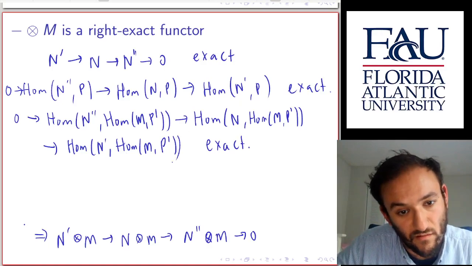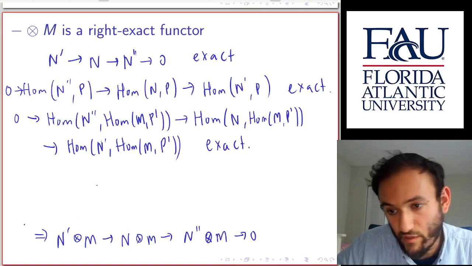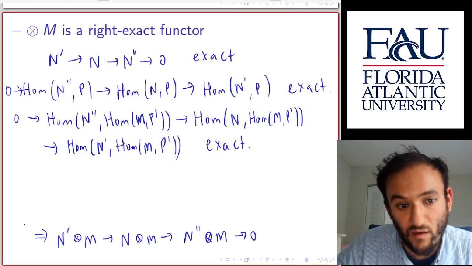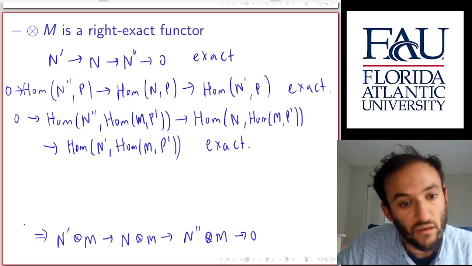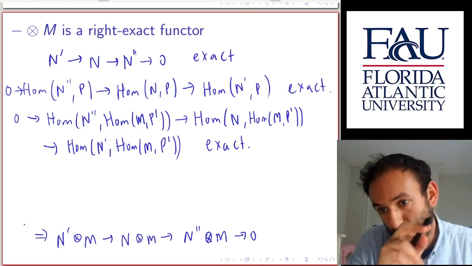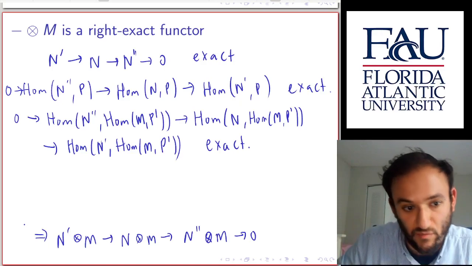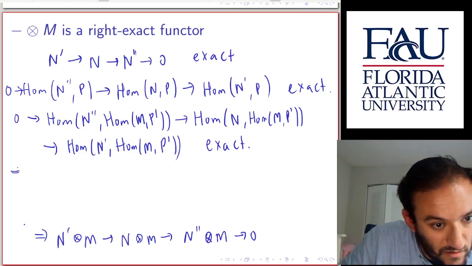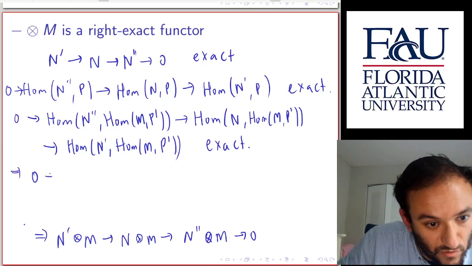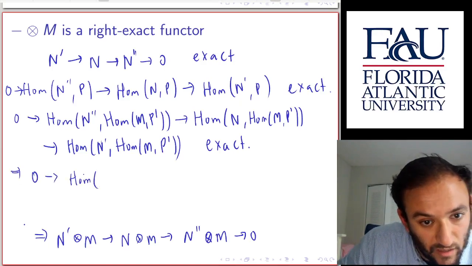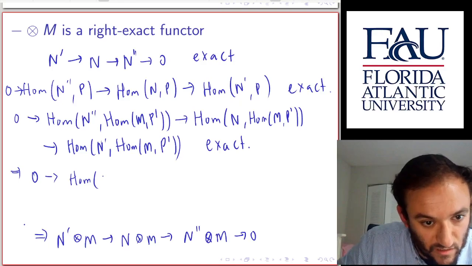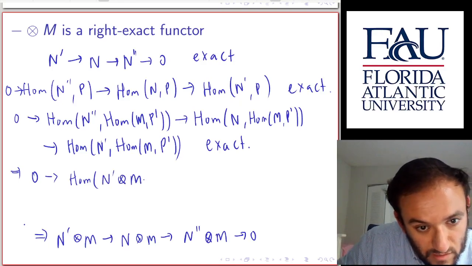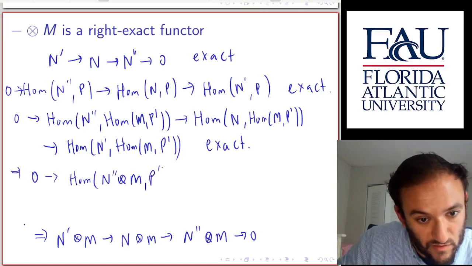But then I can use the adjunction properties here. So I know that hom of a given module to a hom from a fixed m is equal to the same thing as the hom of that first module tensor m to p prime. So this implies that 0 to hom of n double prime tensor m to p prime,